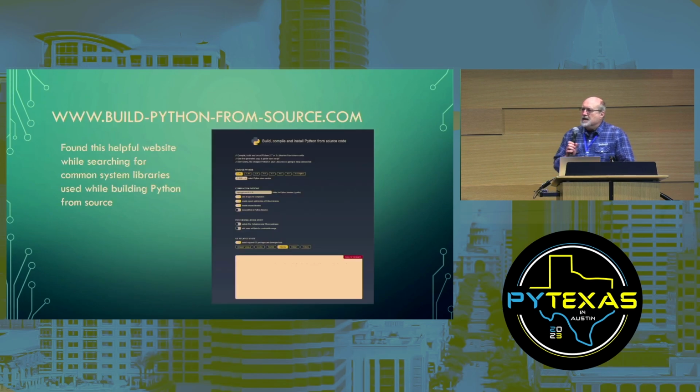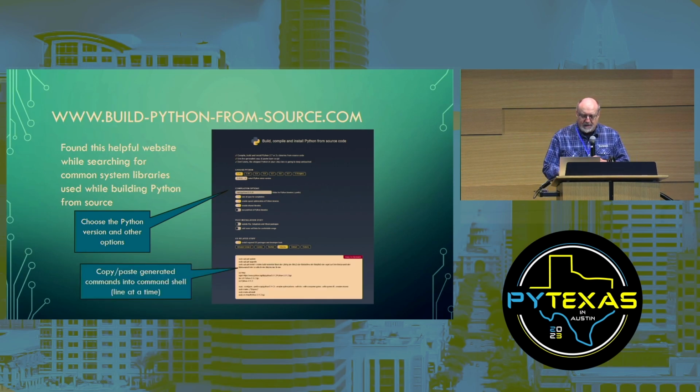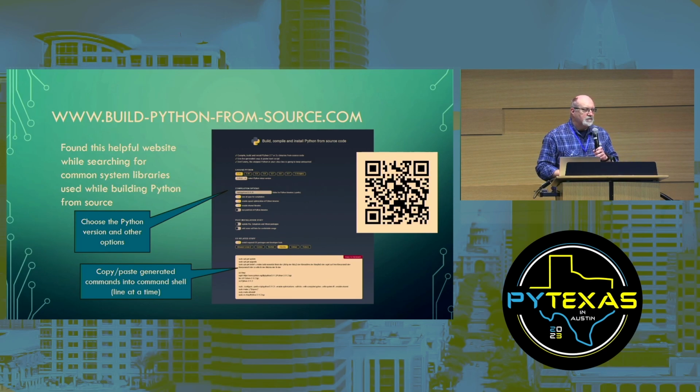The first one: there's a chapter in the book very early on on how to install Python, and one part of that is building from source. In doing the survey for this, I found this great website for Linux systems, buildpythonfromsource.com. You check various switches for which Python version you want and which Linux distro you're building for, and then it will emit all the bash commands to download, build, and install that Python. And there's the QR code for that. I'll leave that up for just 10 seconds because I need to move forward.